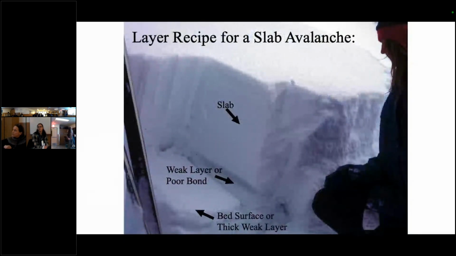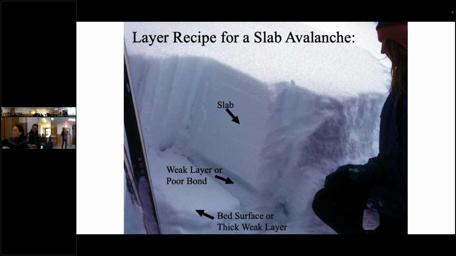Layerings. So again, the recipe: this is our cohesive slab. They've scraped there with their glove or something and they've found some weak layer there. And then that's all sitting on this bed surface, which tends to be stiffer. And a weak layer can be of varying thicknesses. Sometimes they can be so skinny you can't see them. But if you do a snowpack test on there, you'll probably be able to figure it out.